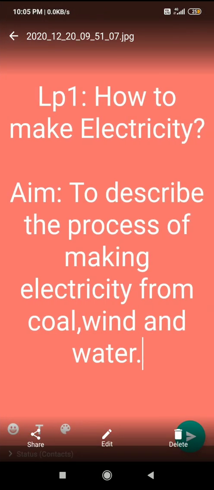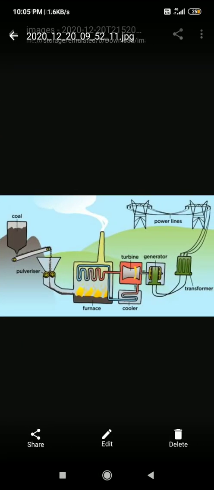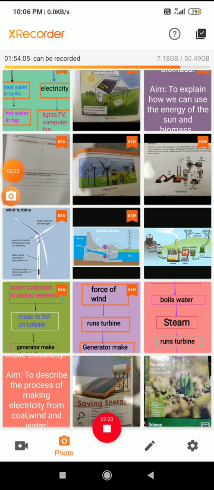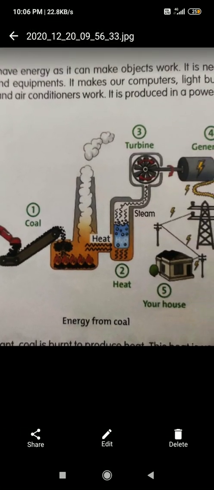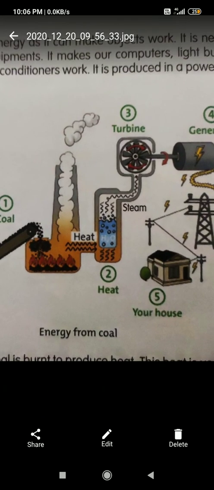So now students, just carefully observe the pictures from the content book, right? This is one of the pictures. So how the electricity is forming, what are the stages that it goes through, and finally how we will get the electricity. In the content book, pictures are clearly given, students. Here you can see, firstly coal. The coal is heated to a very high temperature, then the steam that is coming, due to that the turbines will rotate, right? That heat is used to boil the water.